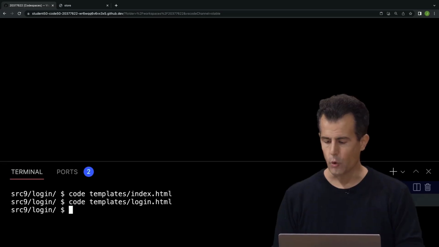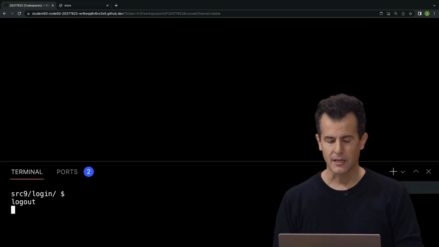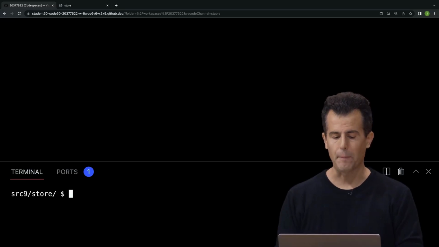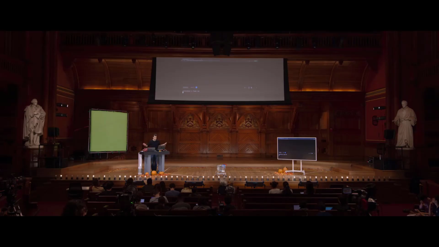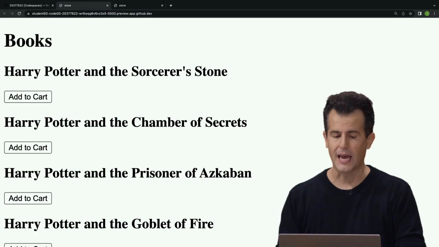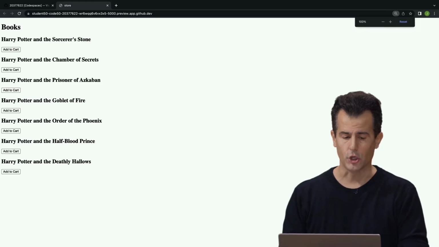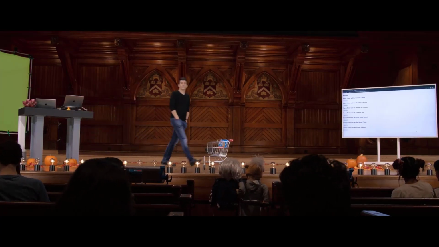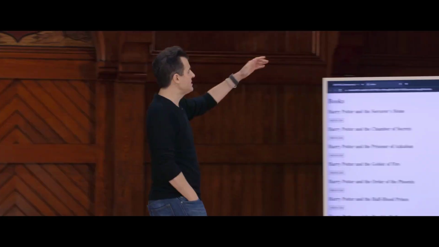No? All right, how about a couple final examples just to tie this all together? Let me go back into VS Code here. Let me quit my previous version of Flask. Let's go into source 9 and go into store, which is a separate app altogether. And let's start by just running Flask to see what it does. Let's hover over the URL and open it in another tab. And this is pretty ugly too. Let me zoom in. But it's a very simple bookstore, like an early Amazon.com for each of these 7 books